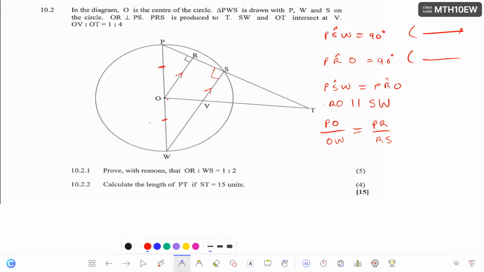The reason is radii. So we know that PO is equal to OW. Reason is radii. So now, since these are equal to each other,